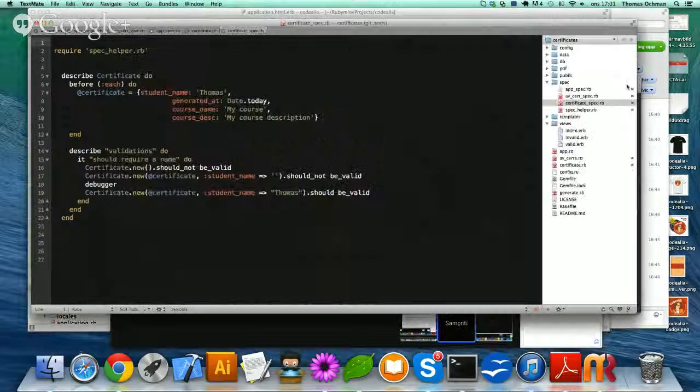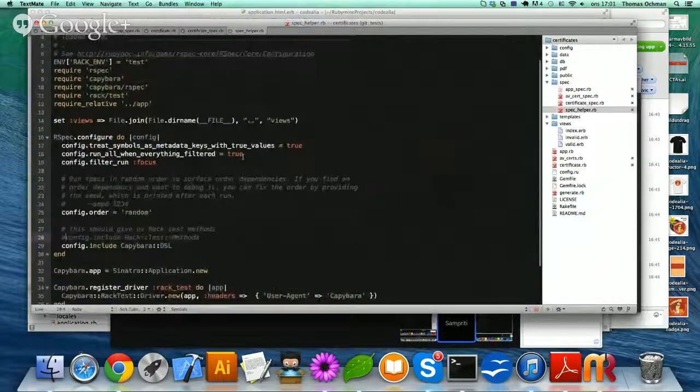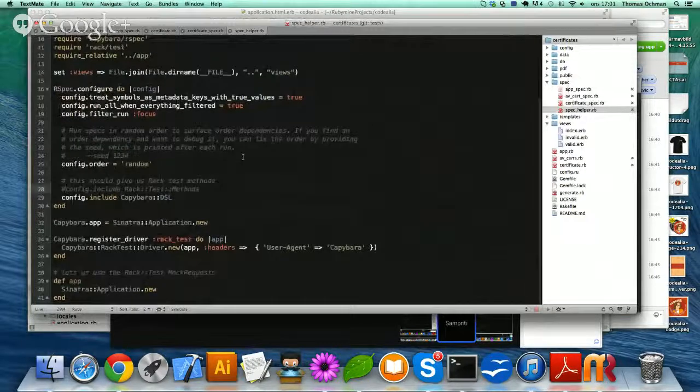That shouldn't be a problem actually. Yeah, that's all right. We can remove all the comments because it makes the thing harder to read.